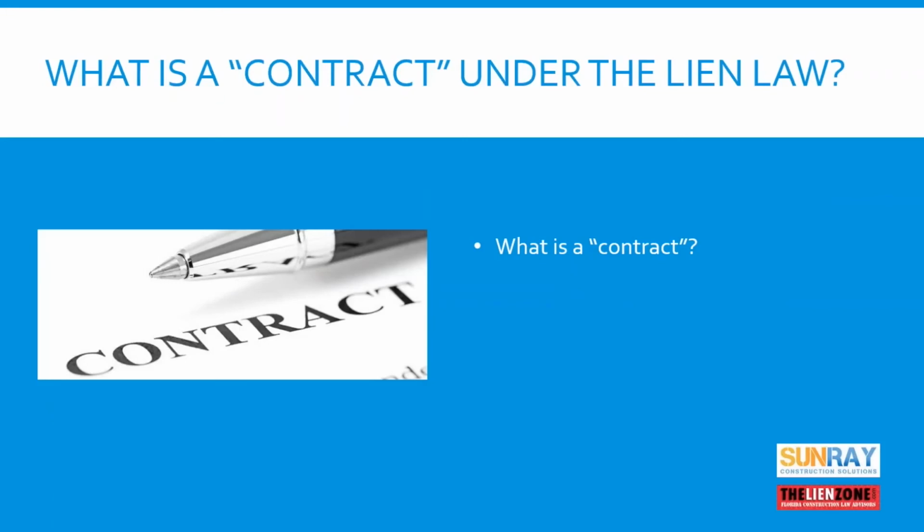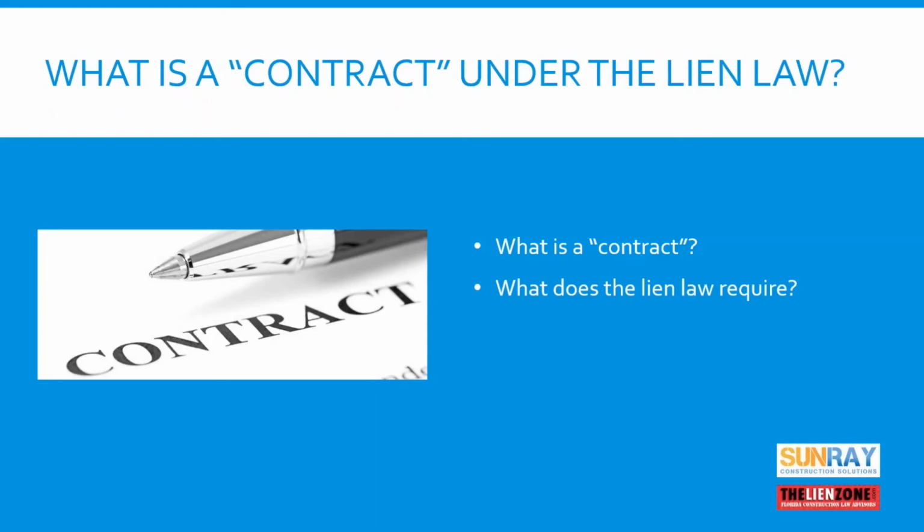Before we can talk about what the lien law defines as a contract, everyone needs to understand generally what a contract is. And in short, it's a meeting of the minds. It's where one party and another party agree in principle to certain key terms about what they're going to do. The lien law requires that at the upper level of the construction process, that is with the owner, because everything flows down from the owner,